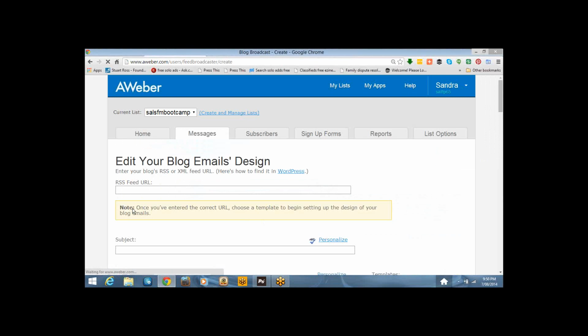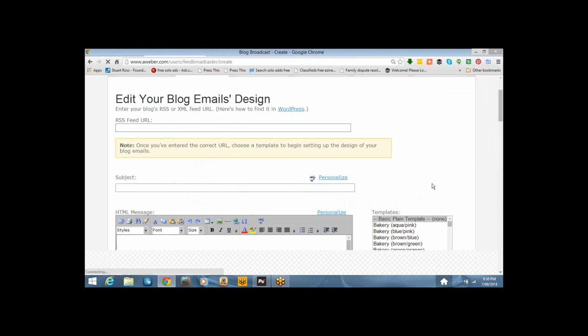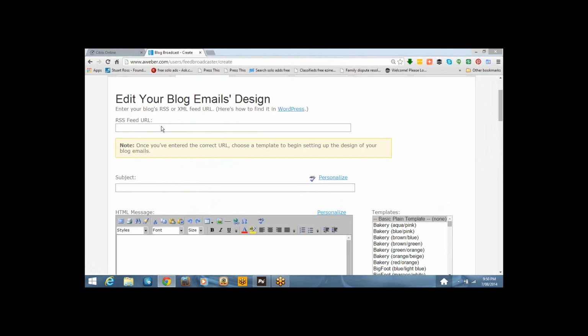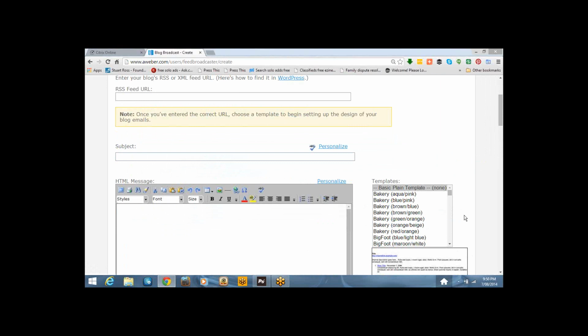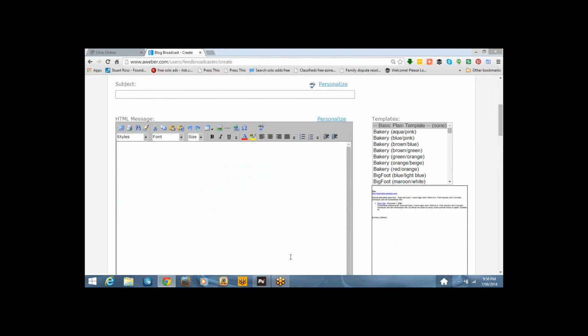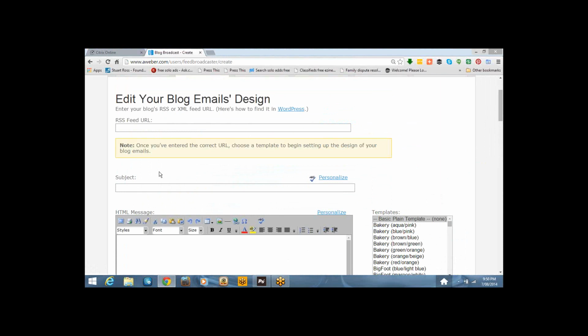This is the section that you and Emily are having trouble with. We didn't walk through it together. We just spoke about it, and she said she was having trouble linking it up to her WordPress site. I was looking at it and thought, too hard basket, so I didn't do it. Once you set this up, it'll be automatic. Choose a template here, and it will automatically send your blog to your list.